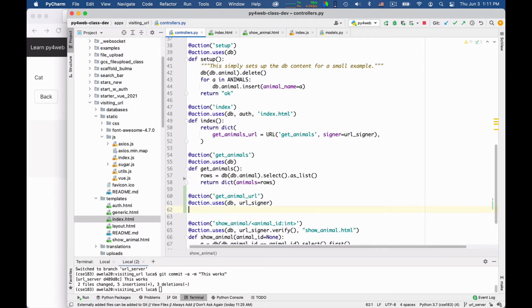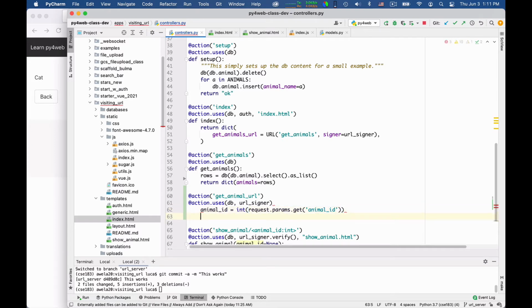Okay, and the idea is this, that this is a get method. We will be passed the animal ID, and we will have to reply with the URL for the animal. So animal ID is equal to integer of request.params.get animal ID.